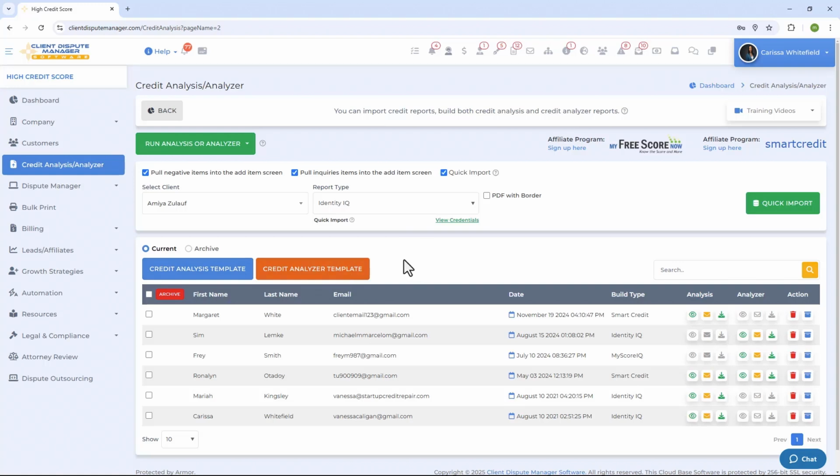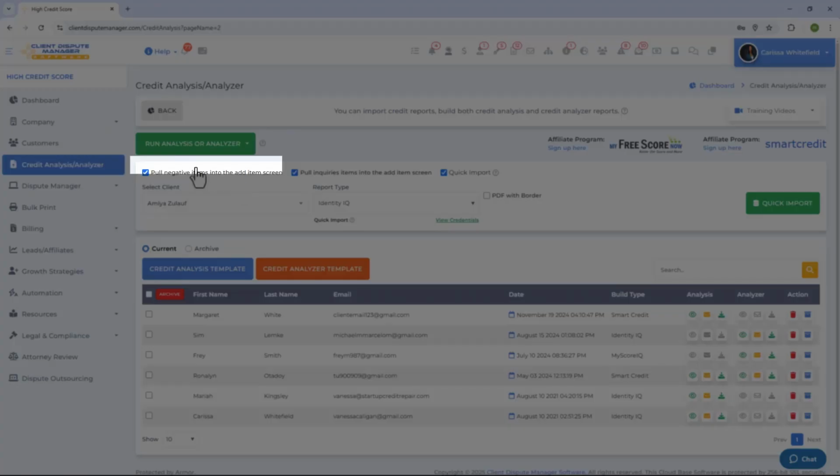So what is the credit analysis and analyzer? The credit analysis highlights the key information on the credit report for you and your customer. It also provides your clients with clear strategies to improve their scores. The Credit Analyzer identifies inconsistent or negative accounts quickly and accurately without needing to do it manually, and share professional, detailed reports with clients to keep them informed and engaged.